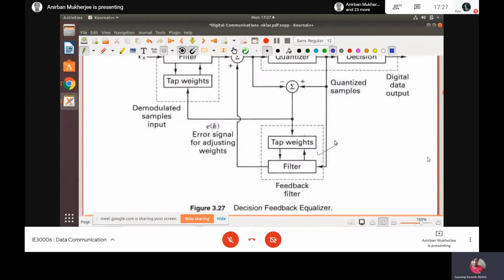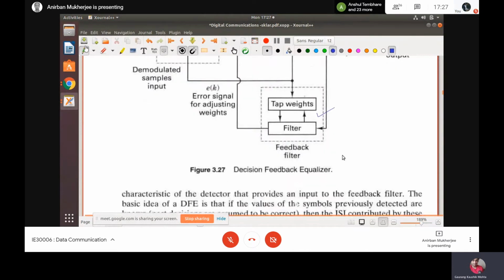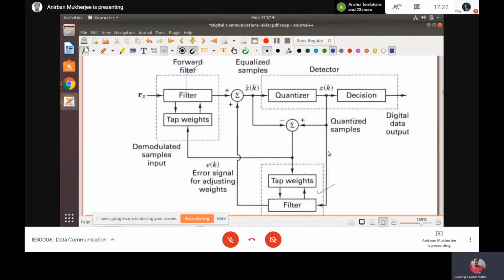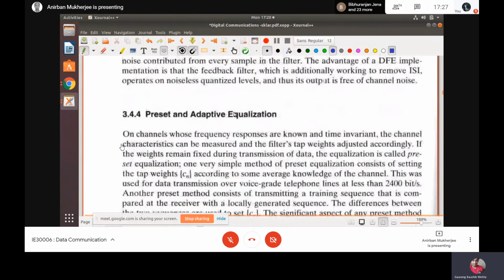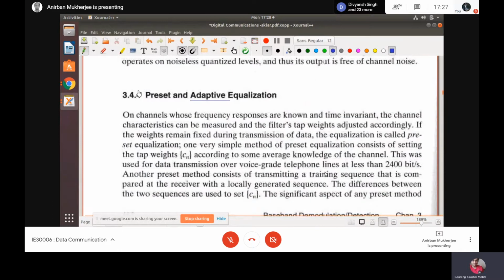But at this point we are not talking about the decision feedback equalizer. This is a somewhat better equalizer, assuming that the previous decision is right, then it calculates the current decision. Another one is the adaptive equalizer. The decision feedback equalizer is the same as the linear one in this respect: once your values of C are fixed, they are fixed.